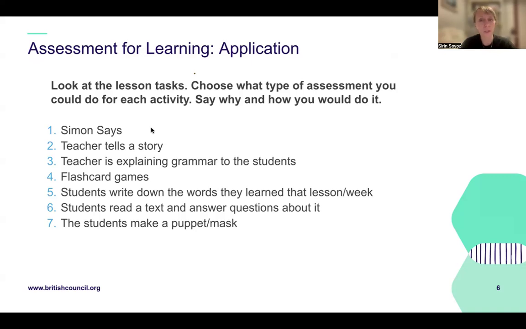Or when you tell a story, or explain grammar, or use flashcard games, when students write down the words they learned that week, when they read a text and answer questions, or when they make a puppet. These are all different types of tasks we do in the classroom, but we could do different types of assessment for each activity to check their understanding, to check whether we reached our aim or not. What are the different types of assessment? It could be informal,